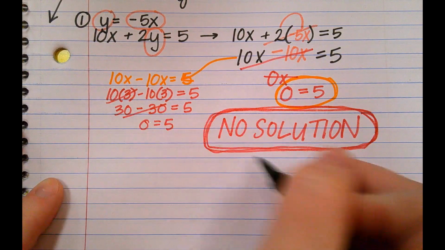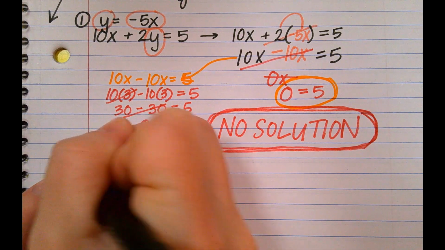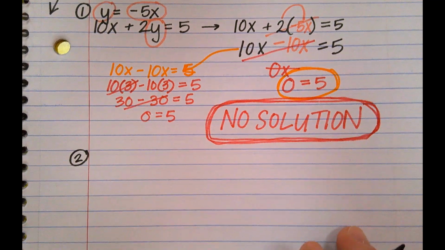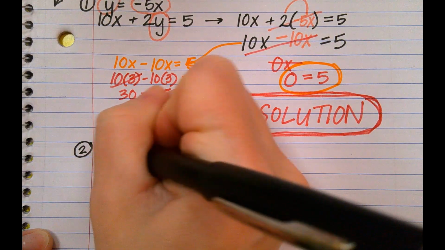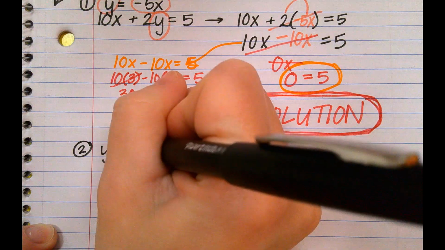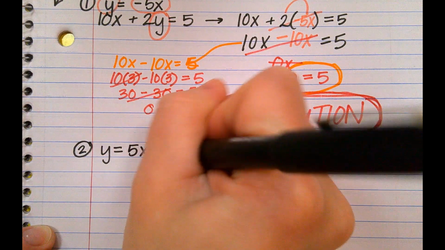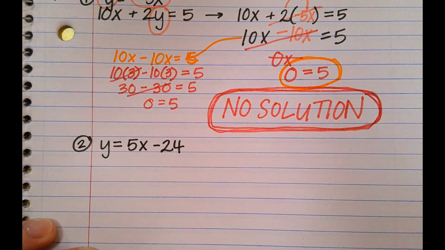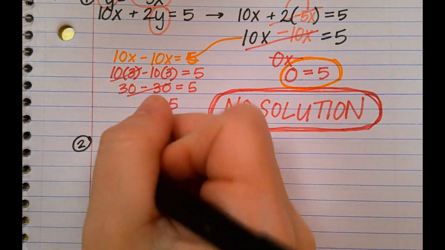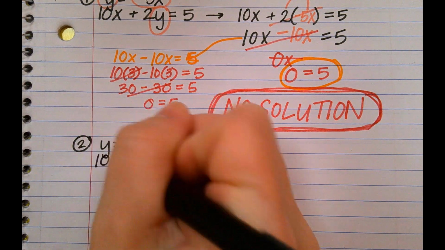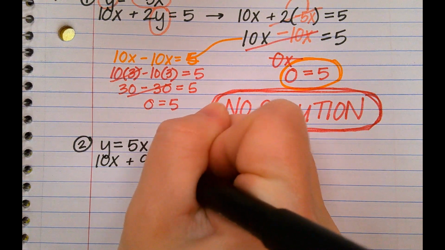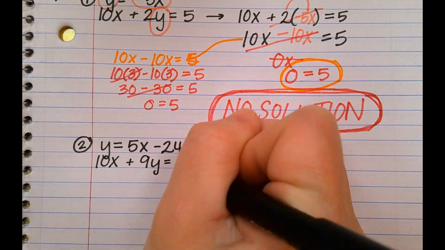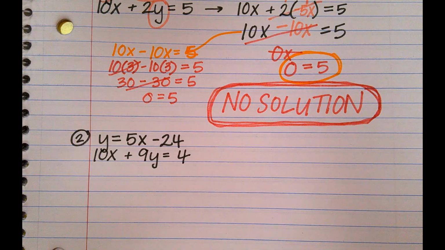Okay. Well, let's go ahead and I'm going to write number 2 from that worksheet, which has 2 equations. First one is y equals 5x minus 24. My second equation is 10x plus 9y equals 4. So